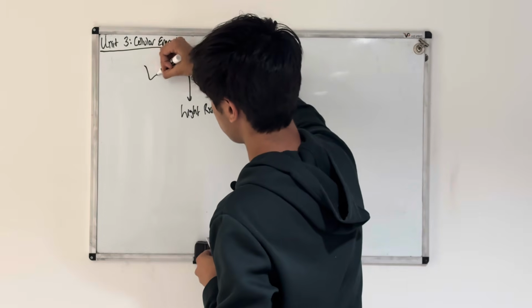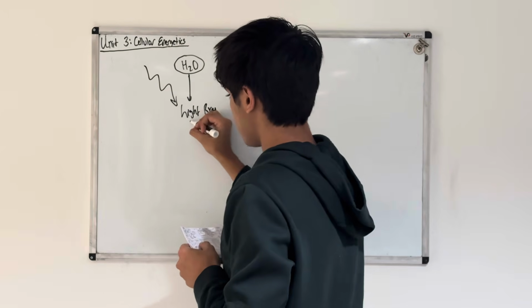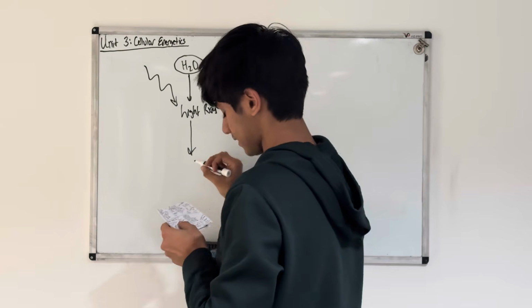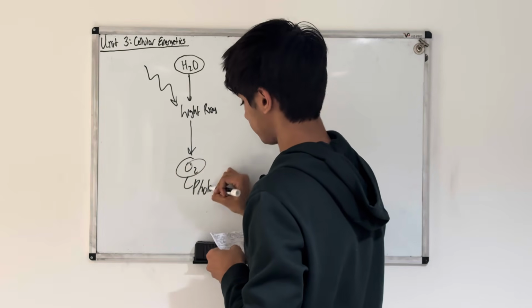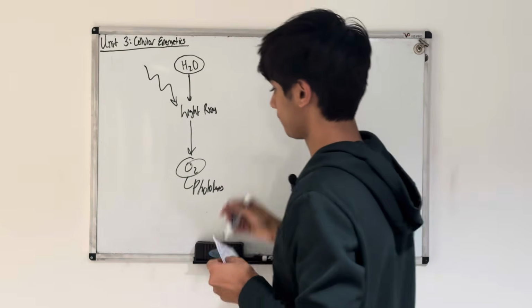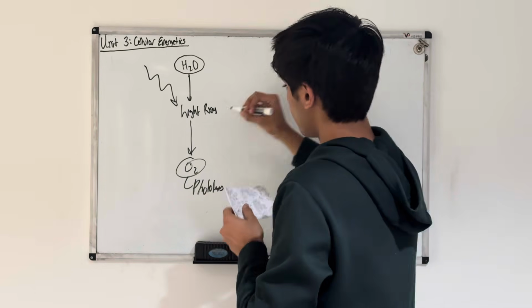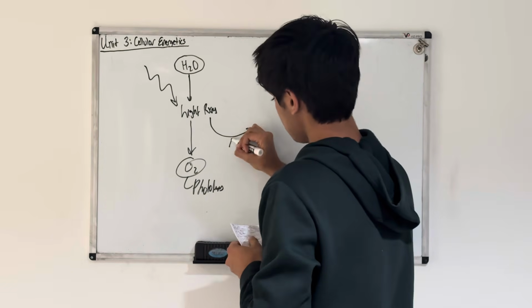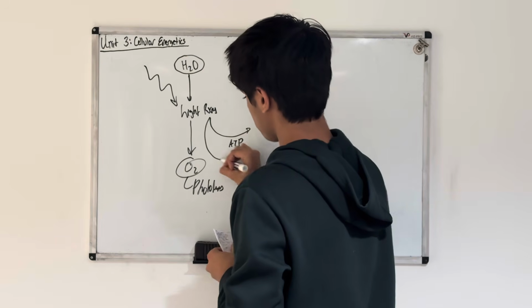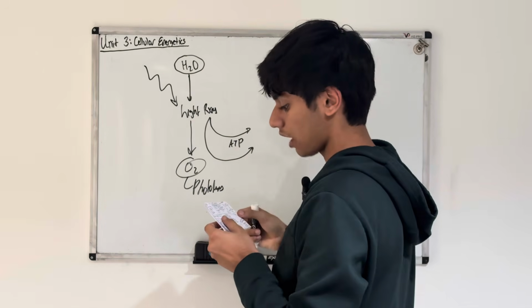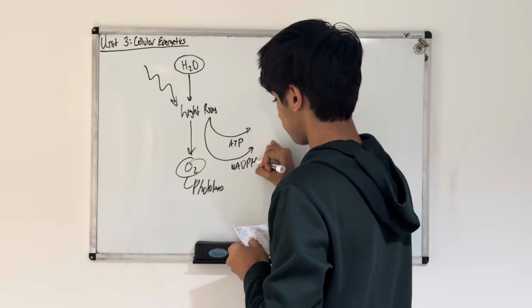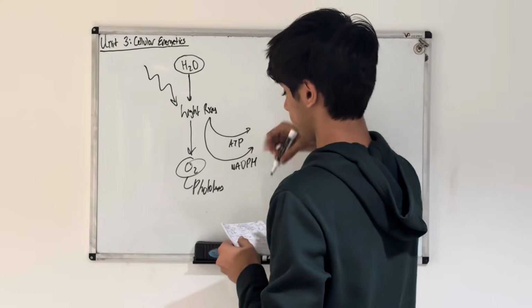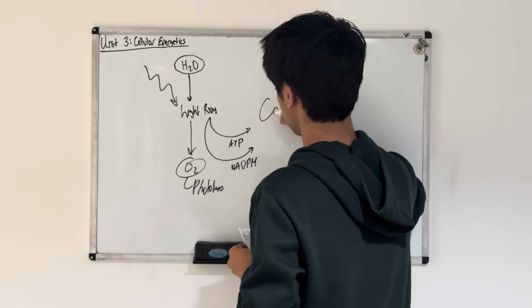So light reactions take in energy from the sun, and the output of this light reaction is oxygen through a process called photolysis, where the water is split into oxygen. This light reaction then creates ATP, and it creates this molecule, NADPH, and this molecule then goes into the Calvin cycle,